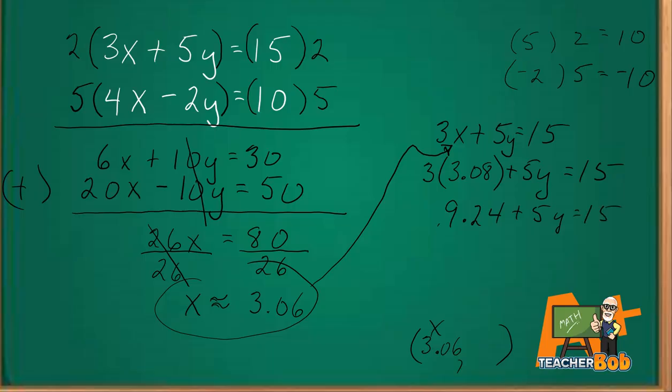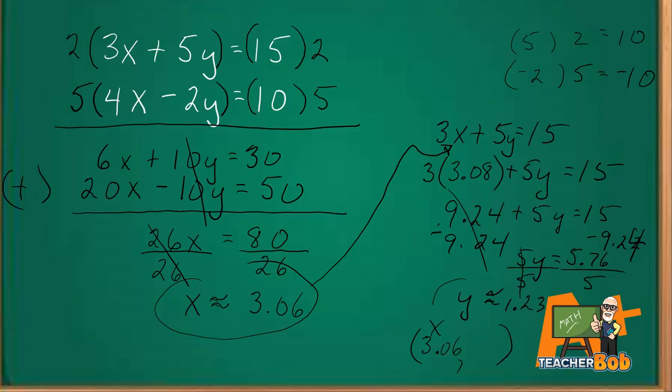We want to subtract this 9.24 to get rid of it on the left side. We're putting our constants on the right. So negative 9.24, and we get then 5y is equal to, and when you figure that out, it's 5.76, and we can isolate the y by dividing by 5. Do that on both sides, and what do we get? We get y is equal to approximately